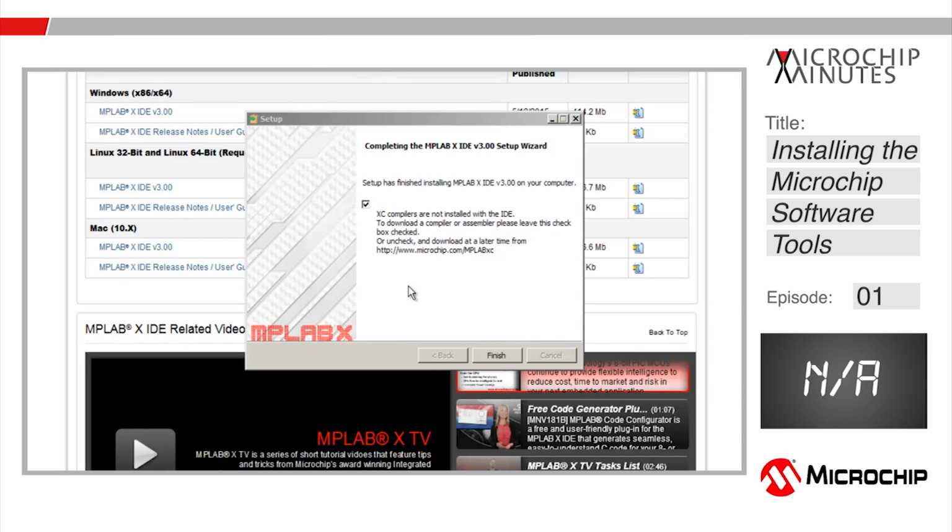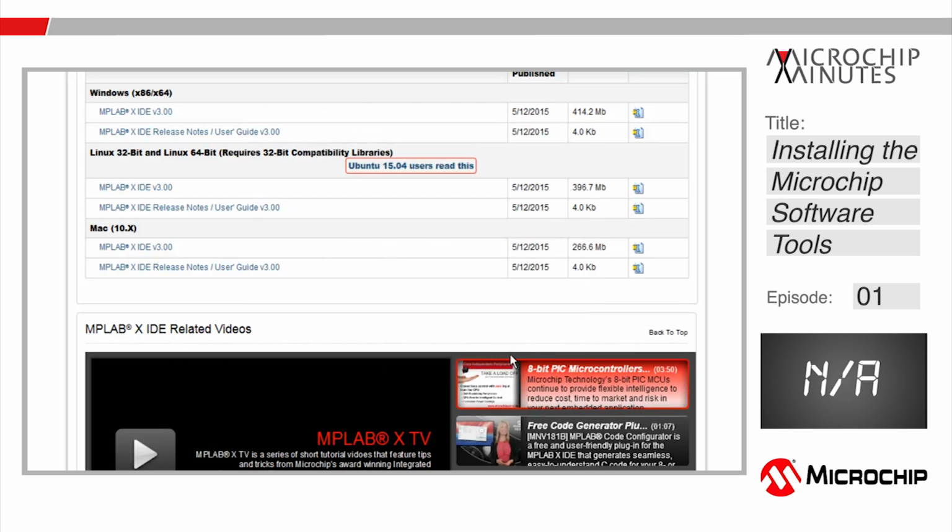Okay, so at this point, MPLAB X IDE is now installed on your computer. If you were programming in assembly language, this is really all you need. However, in this video series, we're going to be using the MPLAB Code Configurator, which generates C code, so we are going to need to install the MPLAB XC8 compiler for 8-bit PIC microcontrollers. In this window, you can simply leave the checkbox checked and click Finish to open the MPLAB XC